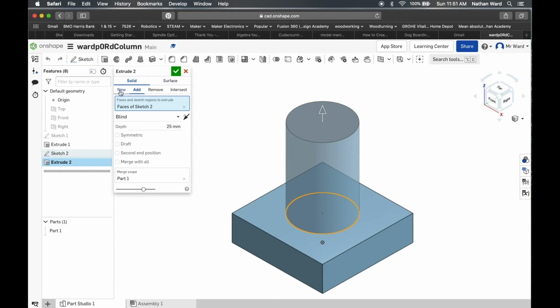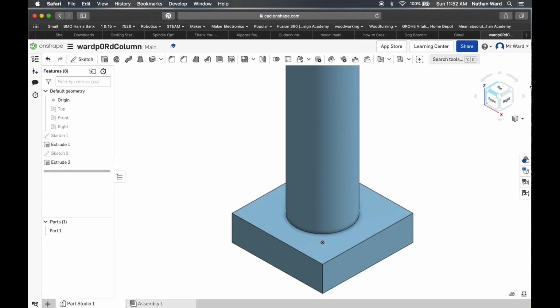Now I need to go down and check and make sure it's not on new. Sometimes it will go to new. I don't understand why it does that, but this time it knew that I was adding. So I clicked on add, or I made sure it was on add. It's got my face as a sketch too, that's right. But this time, instead of 25 millimeters, my depth is going to be 70 millimeters, right? So if I click return, that's going to bounce that up to 70 millimeters,